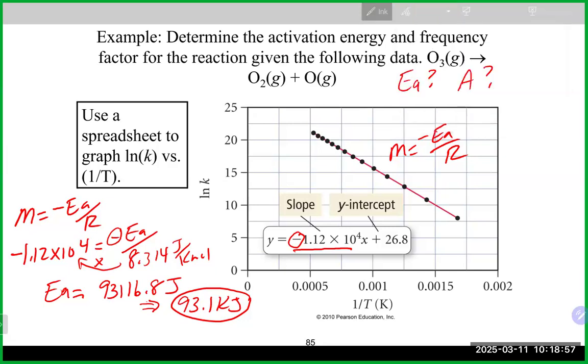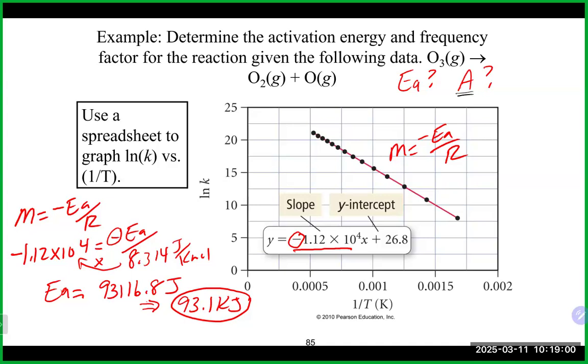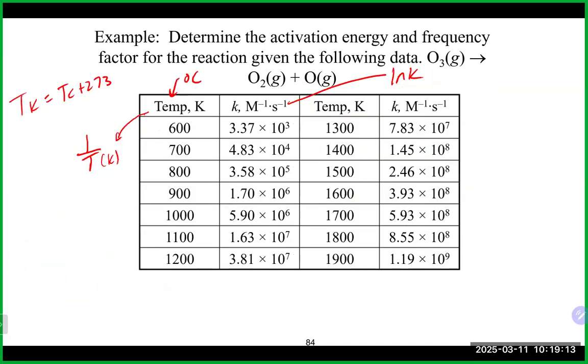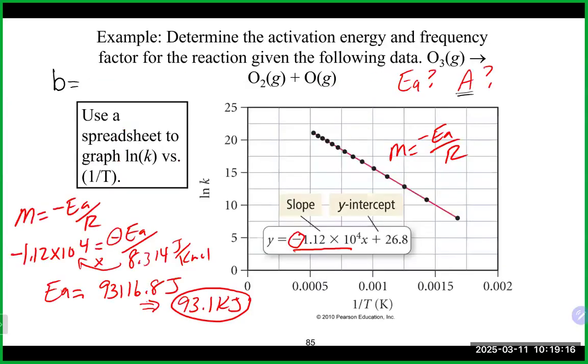We can also, as I mentioned earlier, use this to find our frequency factor. And again, in this case, our y-intercept will equal the natural log of A. So that right there would be our y-intercept. I think 26.8 equals the natural log of A. Again, we're going to basically e both sides there. And if we do that,